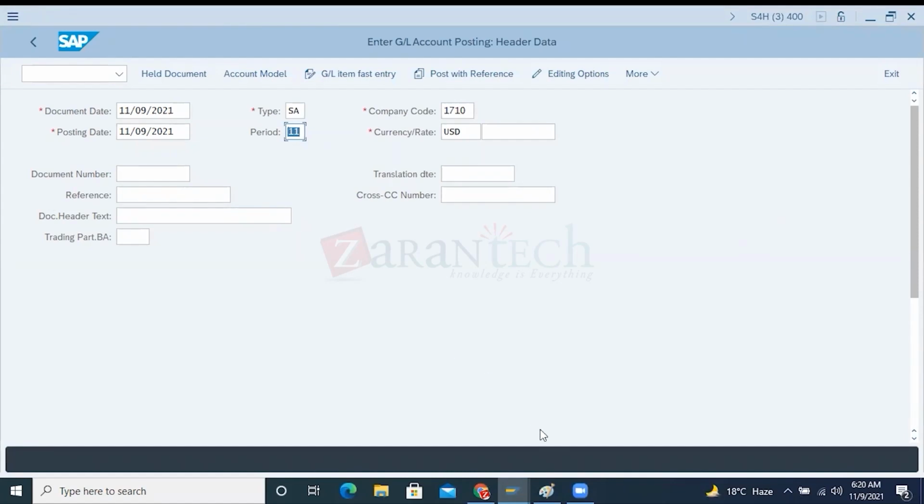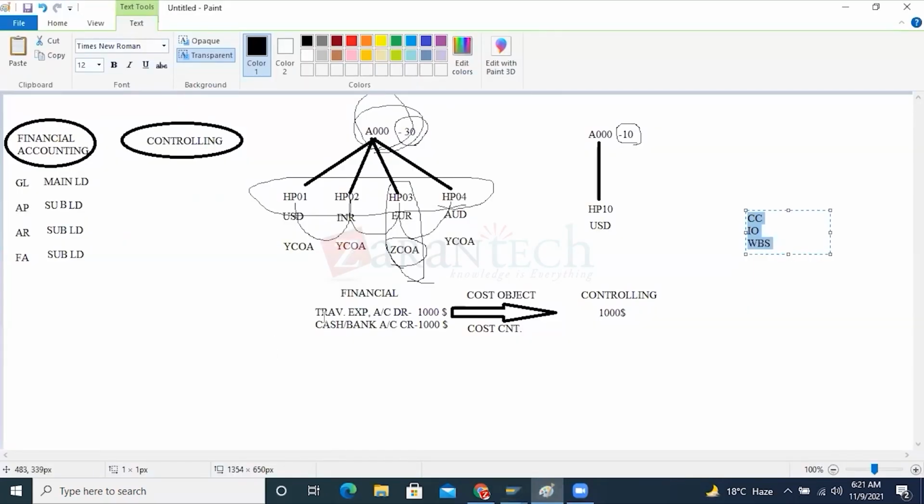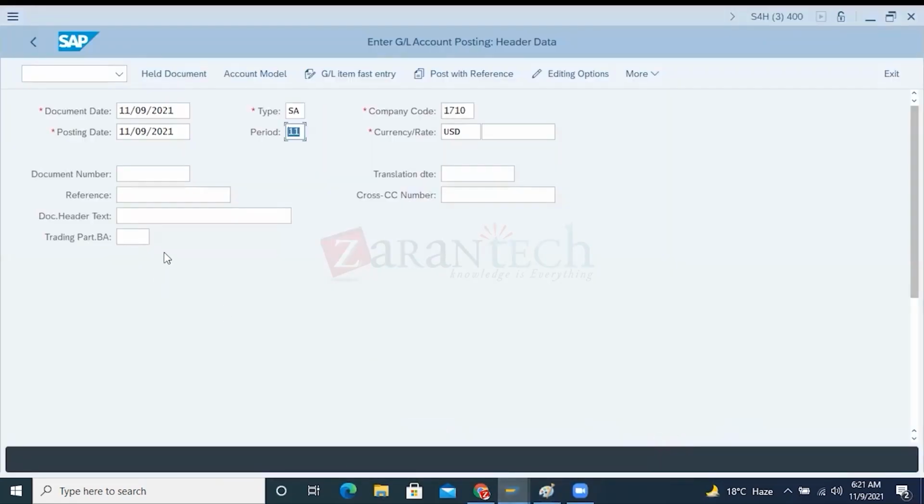Now I'm posting this amount here. I'm posting one account: the travel expenses account I'm going to debit, and the cash or bank account I'm going to credit. You can see here, all of you. So now I'm giving this. Just the document number should not be given. Why should the document number not be given? So if I go to the